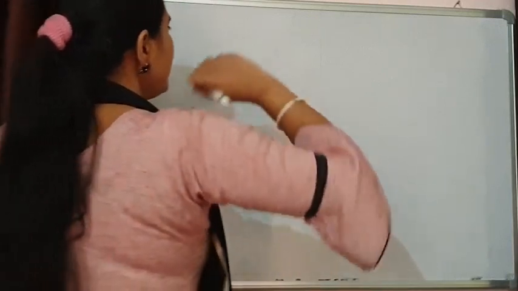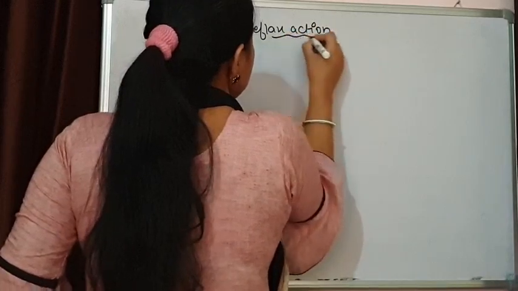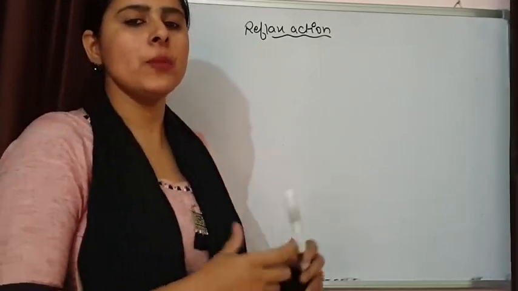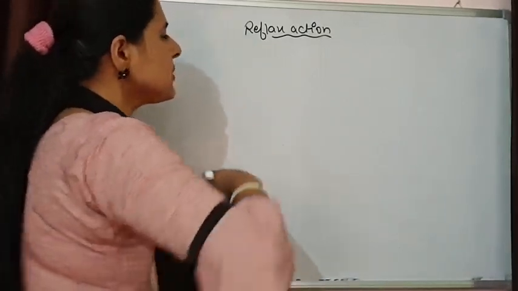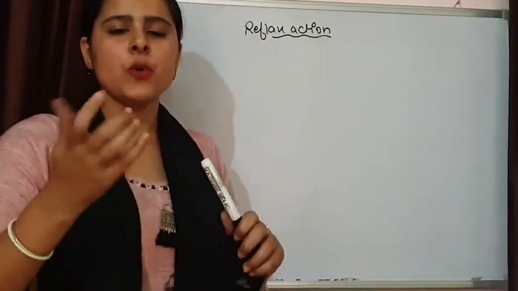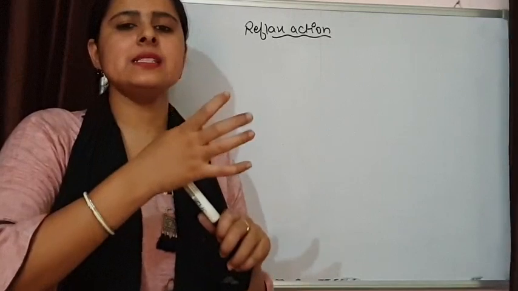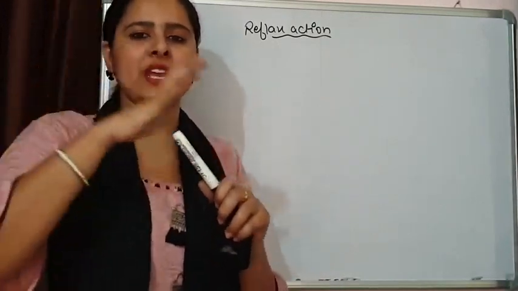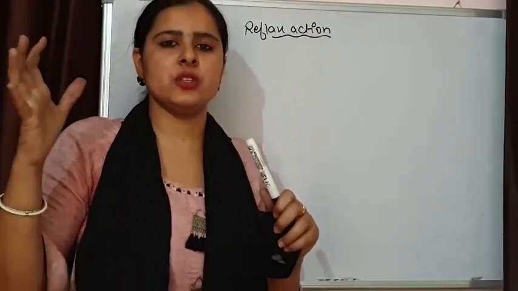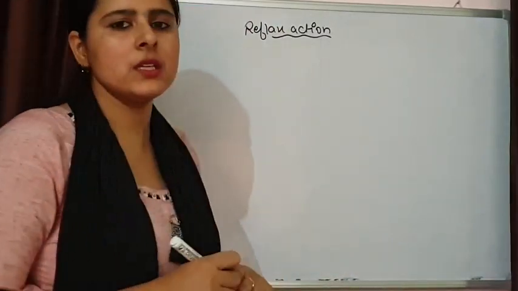Let's discuss one more topic, that is reflex action. What is reflex action? Reflex action is an autonomic action or autonomic response of our body, and in this response basically our brain is not involved. A simple example of reflex action is, suppose my hand touches a hot plate, without even thinking or wasting any second, I will remove my hand within a fraction of a second, and this response that is coming out is a reflex action. So it is fast and autonomic, and thinking is not involved.